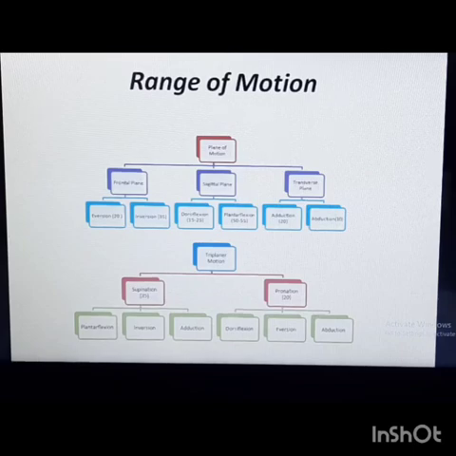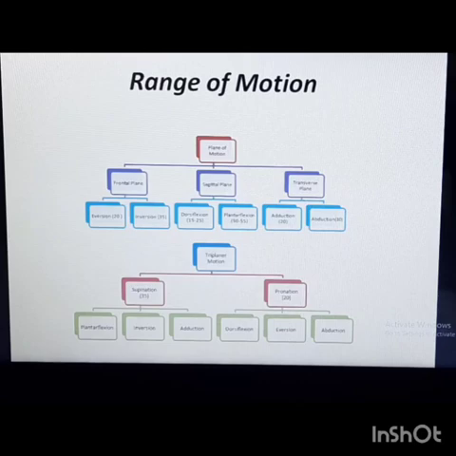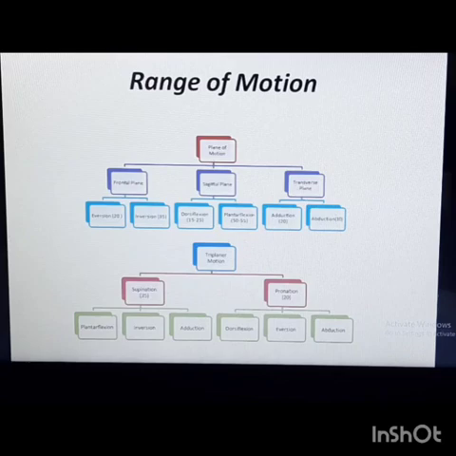Now, there is basically a triplanar type of motion occurring. There is no single motion that occurs in the ankle joint and the ankle complex. It's a combination of three movements, and we call it either supination or pronation. Supination includes plantarflexion, inversion, adduction. Pronation includes dorsiflexion, eversion and abduction.